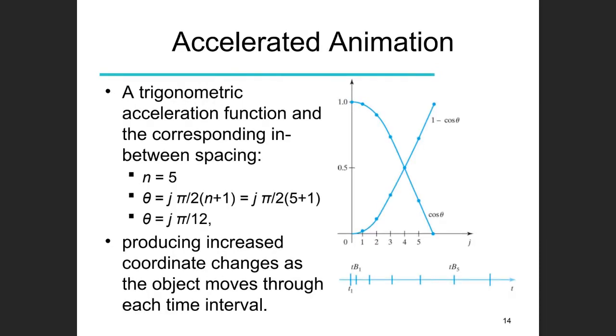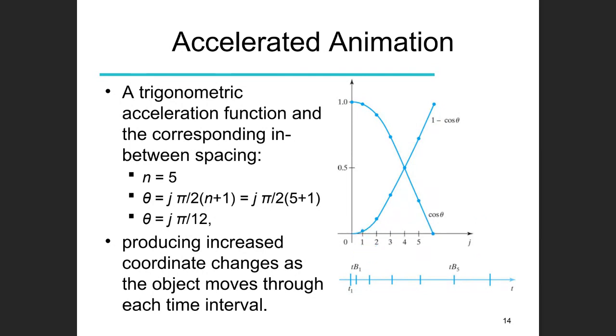A trigonometric accelerated function and the corresponding in-between spacing. For example, here we show that suppose we have 5 in-between frames. So our indexing for j is going to change from 1 to 5. We have index 1 for the first in-between, index 2 for the second in-between, and similarly 3, 4 and 5. If we show these indexes along the x-axis and plot our accelerated function along the y-axis, what will it show? It will show that